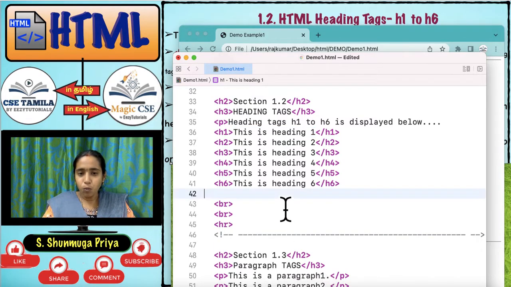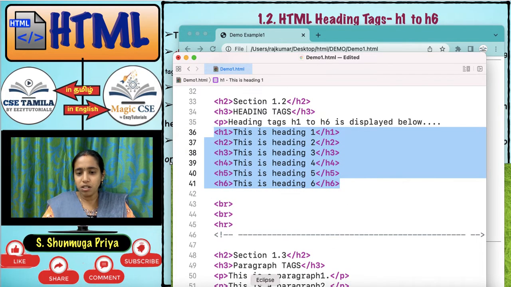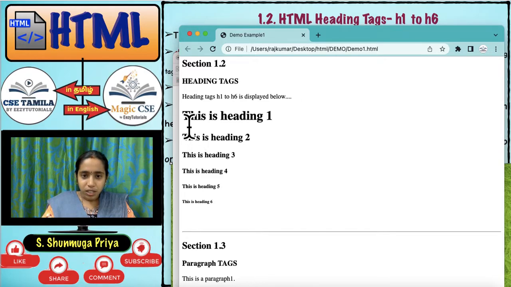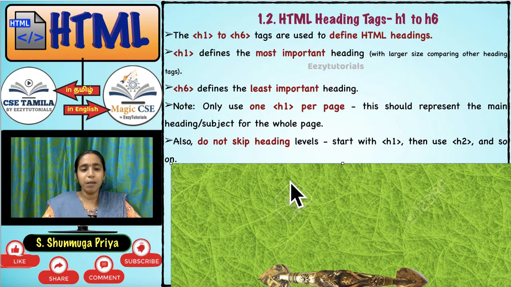So here is my output. From h1 to h6, we can see how it is visually displayed. Here this is heading 1, heading 2, 3, 4, 5, 6. See the size and the boldness of the headings will vary based on h1, 2, 3, 4, 5, 6. So h6 will have the least important content, and if you want to have highly important content, you can use h1. And in an HTML page, you can use any number of heading tags, but unofficially, as